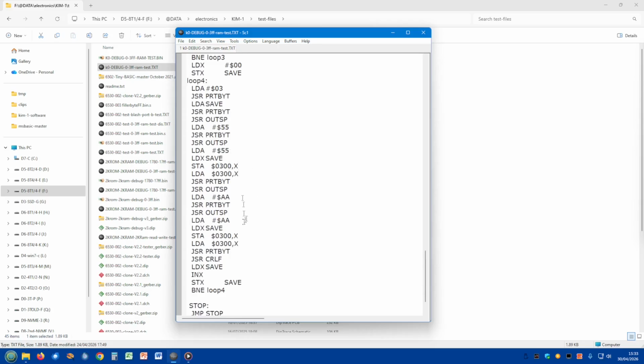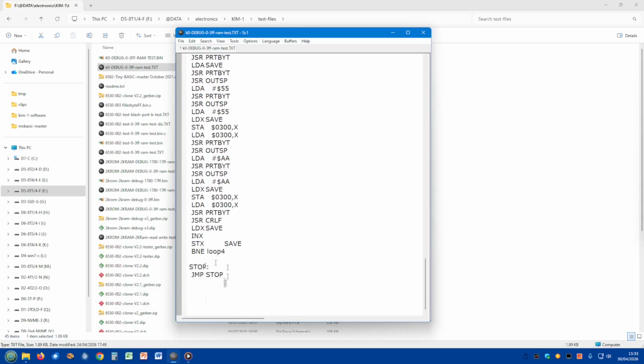Doing this bit pattern 55 and AA all the way through. And if any of them come back with the wrong value, then we know the memory is not working properly. And when that's finished, it just sits in a loop at the end. So we can see all this come out on the screen to see whether the first 1K of memory is